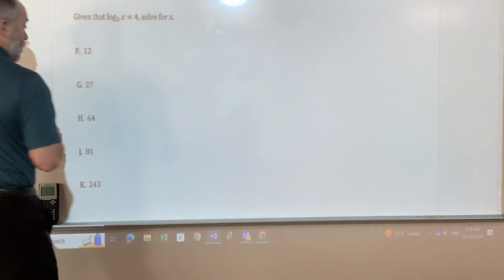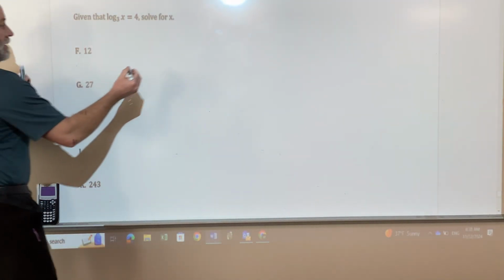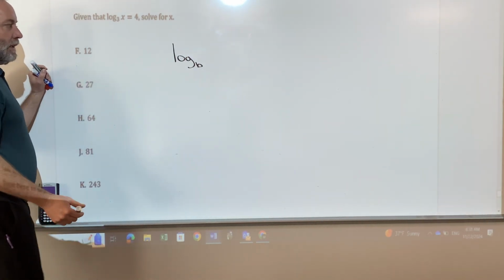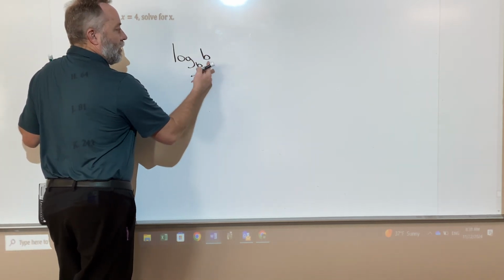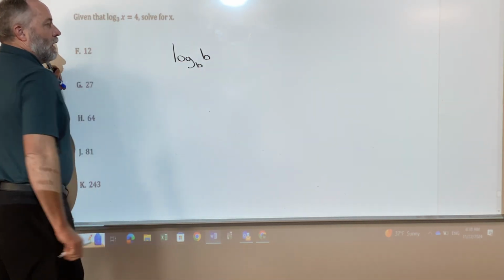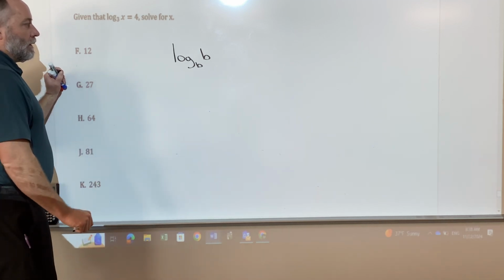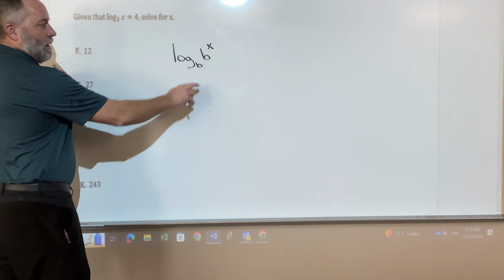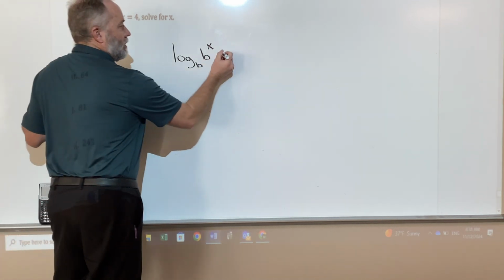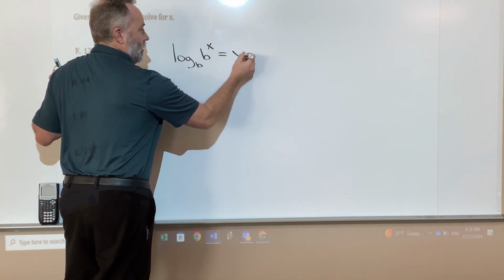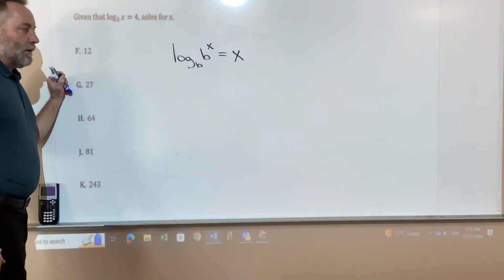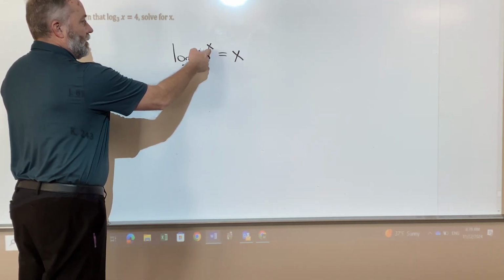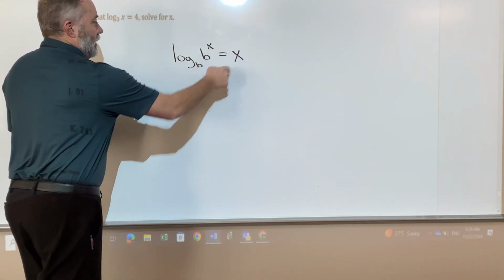Okay, so one logarithmic property says the following: if we have log of some base, which we'll call b, of an argument b, this number is called an argument, the value within the logarithm, and that gets raised to an exponent, then as long as the base and the argument match, that is just going to hold the value of the exponent. So log of some base b of the argument b raised to a power of x is going to equal